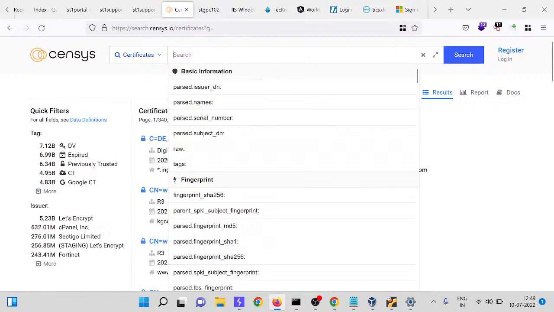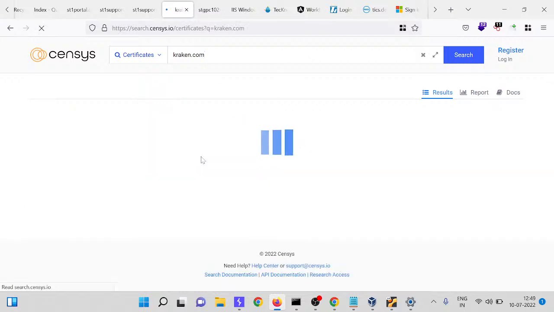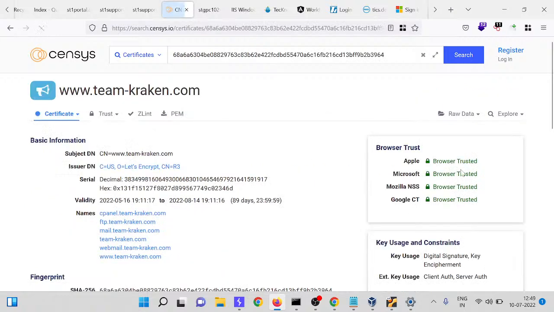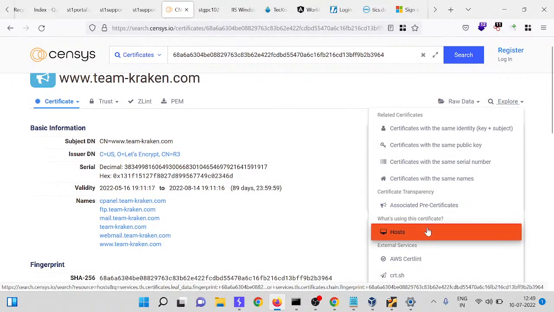And search for your target, for example kraken.com. Open any certificate, click and explore. You can see there is a hosts, click on that.